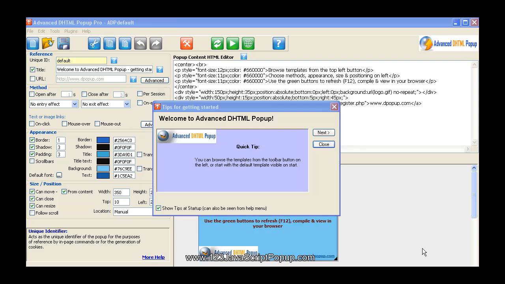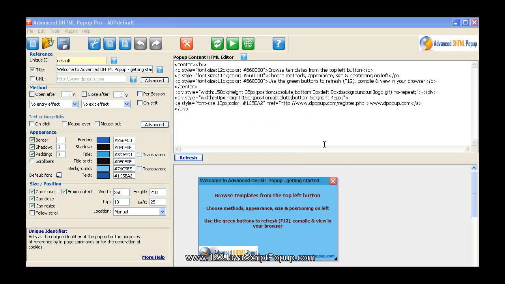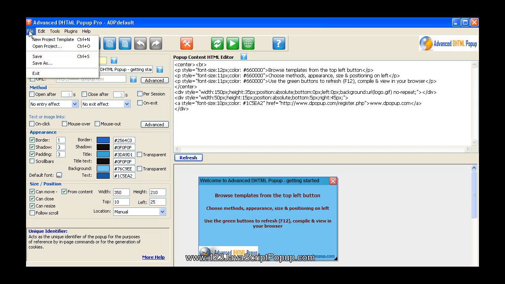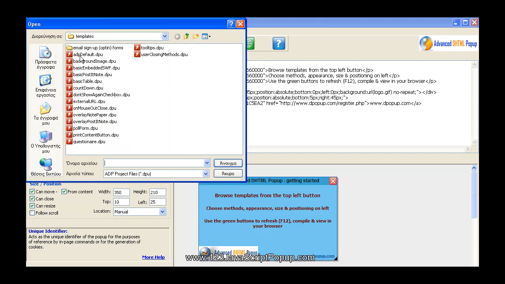Okay, we've downloaded ADP and we've installed it on the hard disk, and now we've opened it. So the first thing you can see here is the tips, which you can go through or close, and basically it's loaded up for the first time a normal template. There are loads of templates you can open here, and you can see all different types of templates with background images, embedded SWF files or video files, tooltips. But basically for this one, for the motorbike tutorial, we just need the ADP default. So you open that,